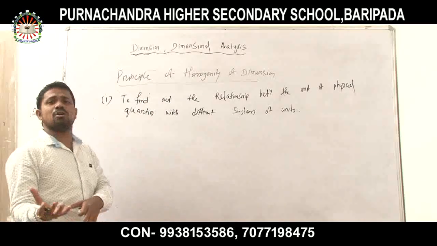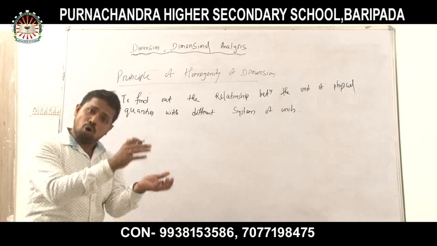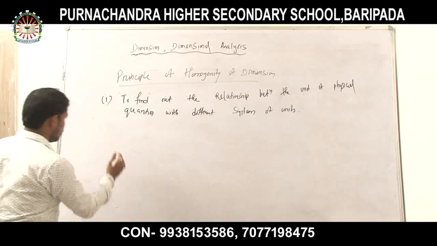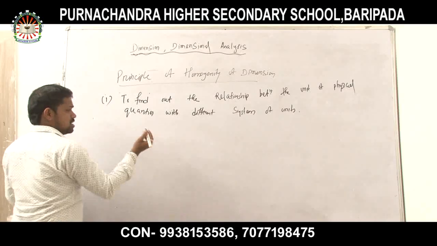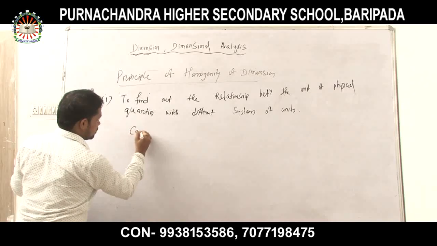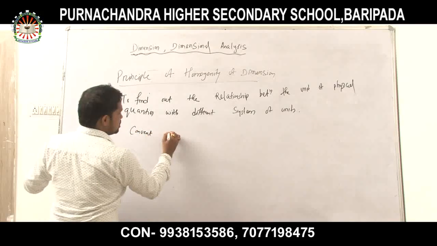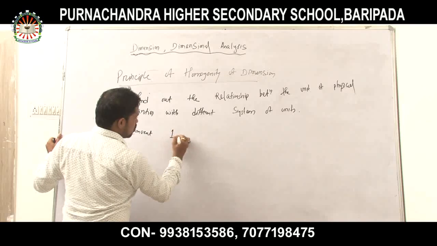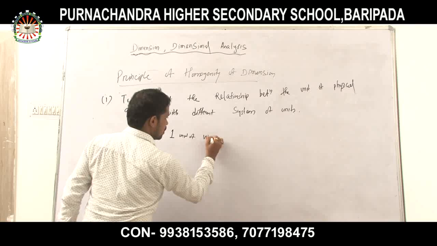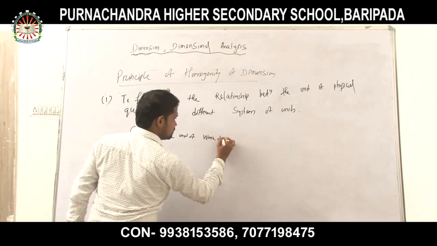Okay, either we have to convert the CGS to MKS, or we have to convert the MKS to CGS. How? Let us find out. Suppose a question is given to us that convert 1 unit of work done